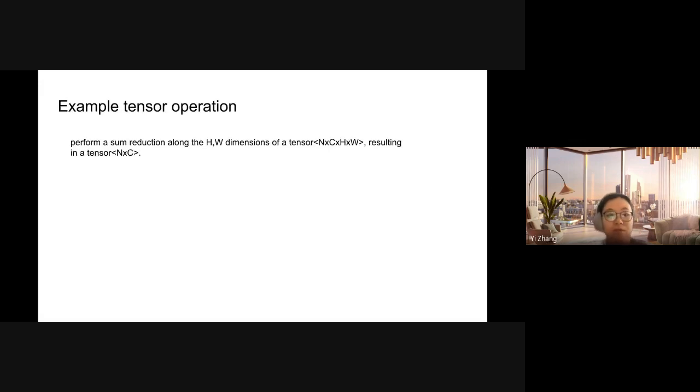First, because the Linalg ops are used to describe tensor operations, I will use an example tensor operation to illustrate. Suppose we have a tensor that has dimensions NCHW, and we would like to perform a sum reduction along the H and W dimensions and get the sum result into a tensor with NC dimensions.